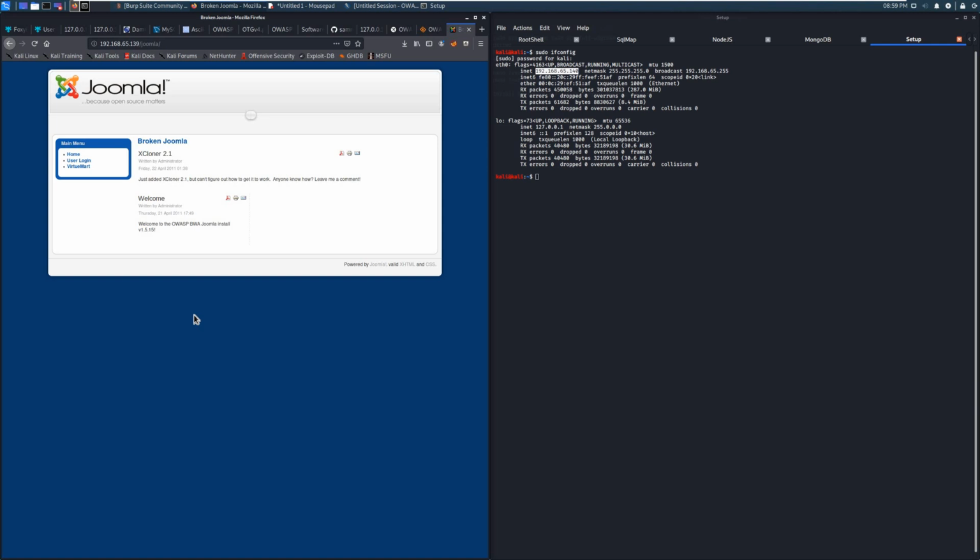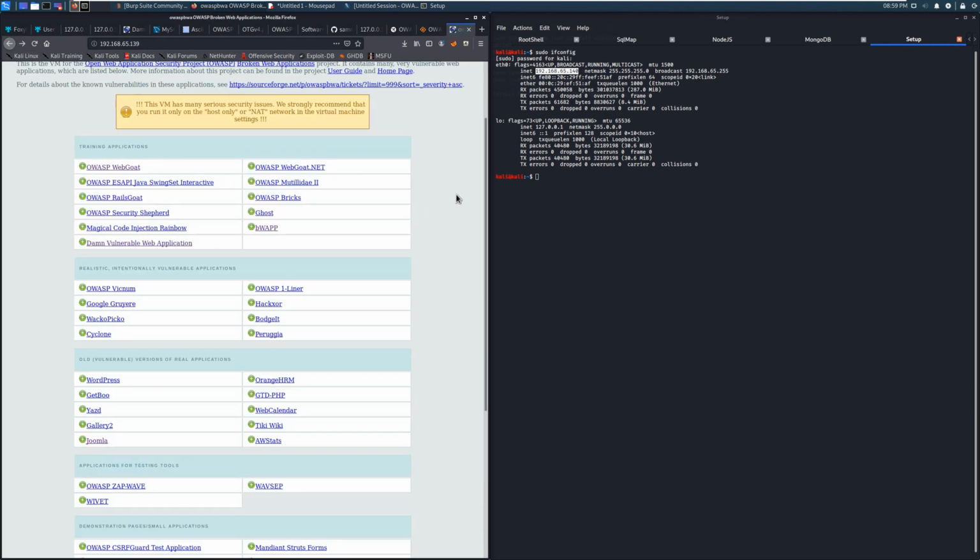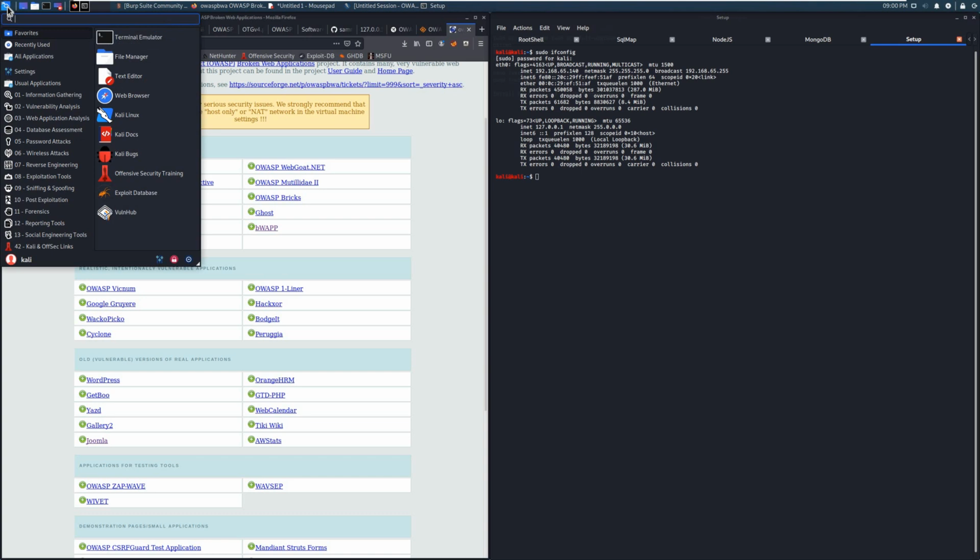So that was a brief explanation of OWASP BWA and how to make the machines talk to each other. Now the explanation of what Kali Linux actually is. Kali Linux is based on Debian, so I would almost say a normal Linux distribution, except one thing which is different: it comes preloaded with a bunch of hacking tools. This is the main difference, which you will see right after downloading Kali: you can click this icon in the upper left corner, this dragon, and you can see that there are